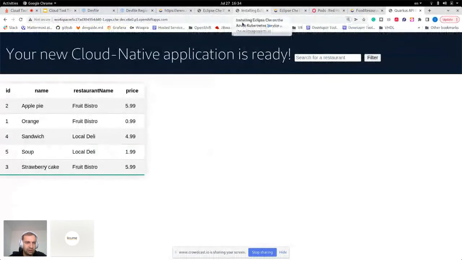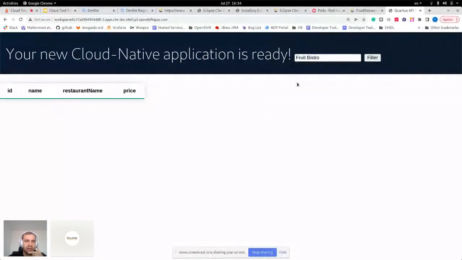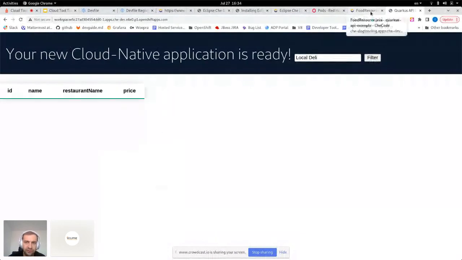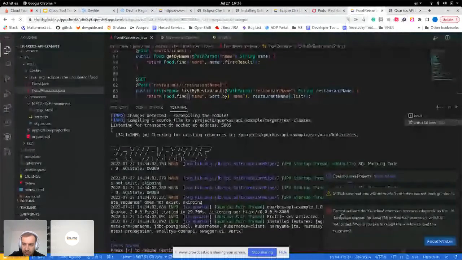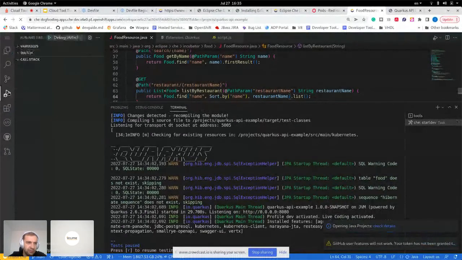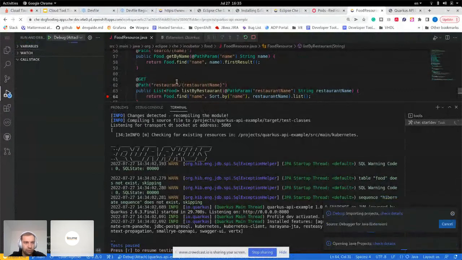The issue was that if I provide the restaurant name, I get an empty result set. So let's try it out. I can refresh it. Local deli, still nothing. So some problem with the endpoint. Okay, what I can do now is start the debug session. I can launch the debugger, and I can put a breakpoint somewhere here for my